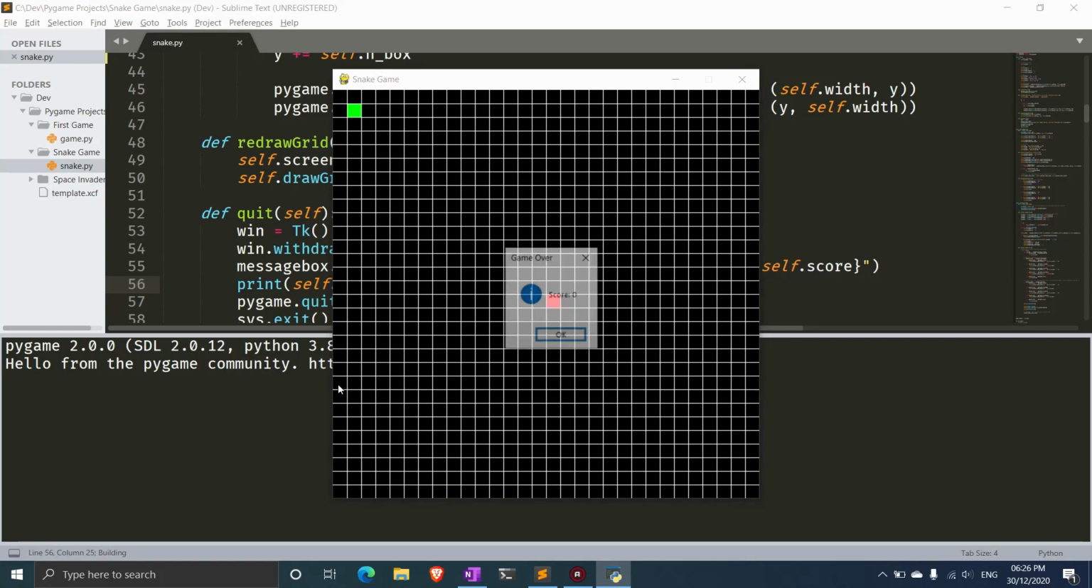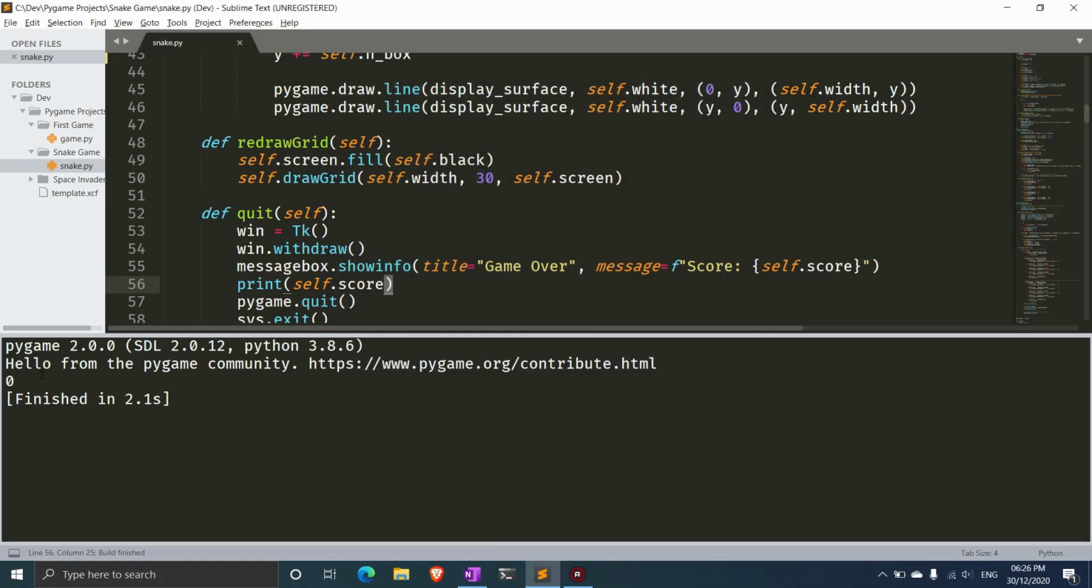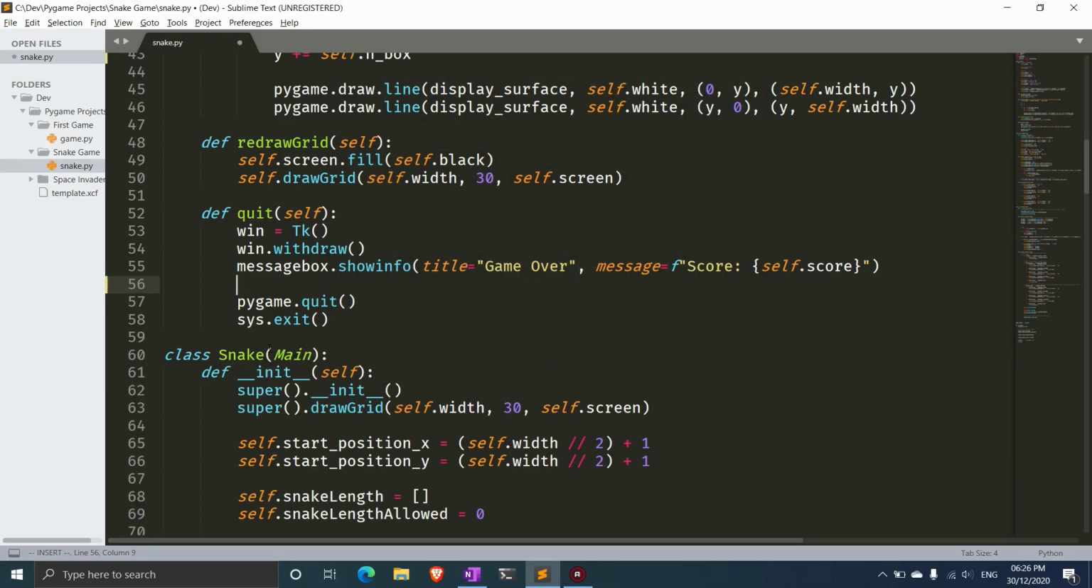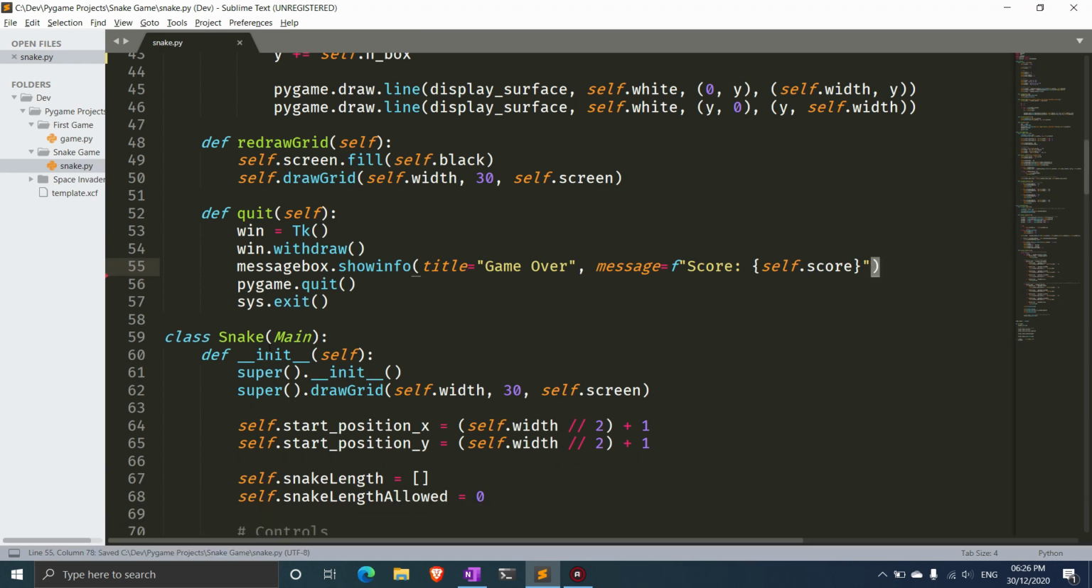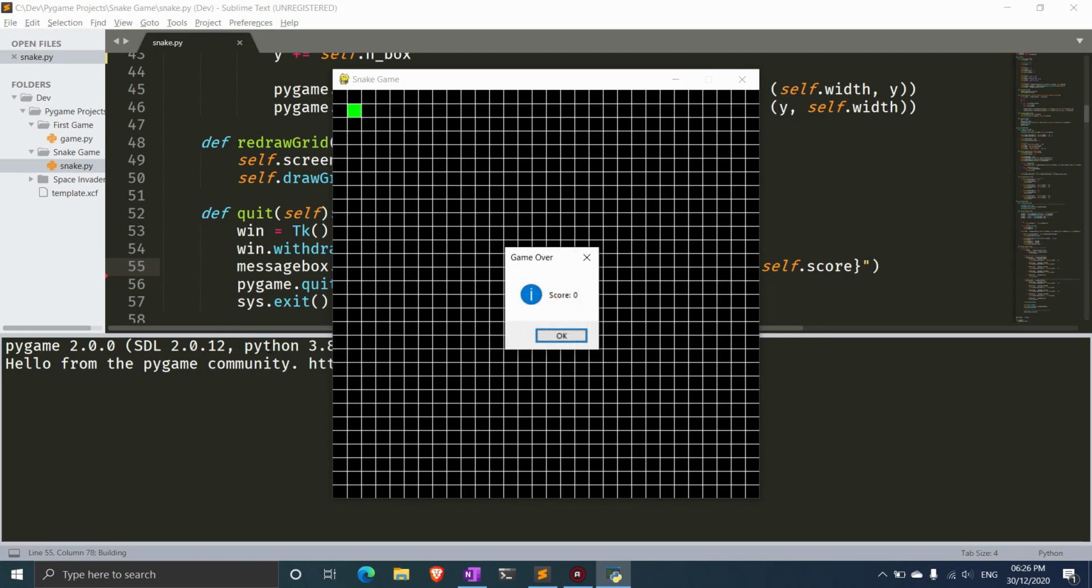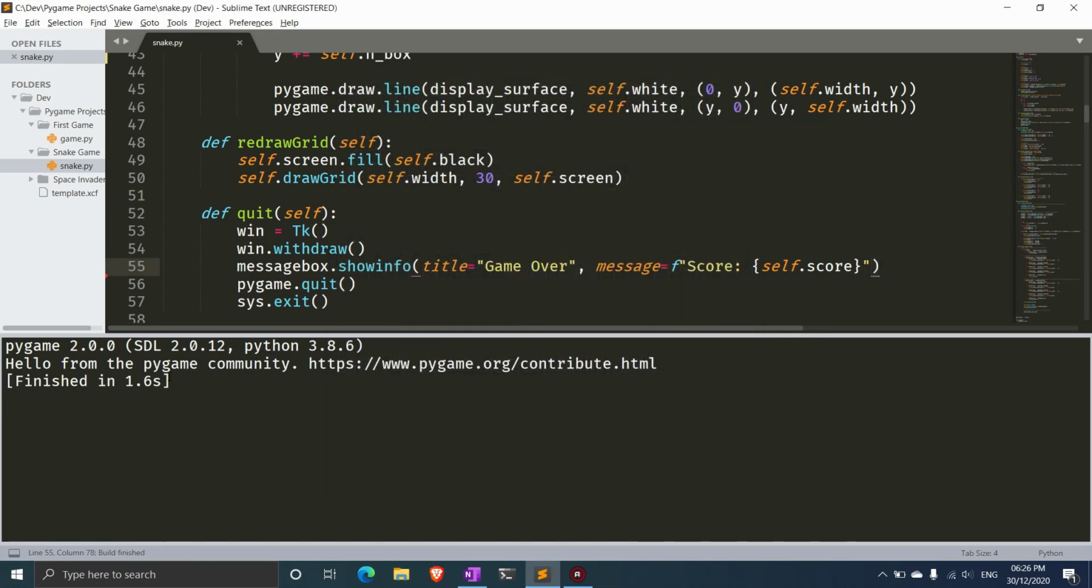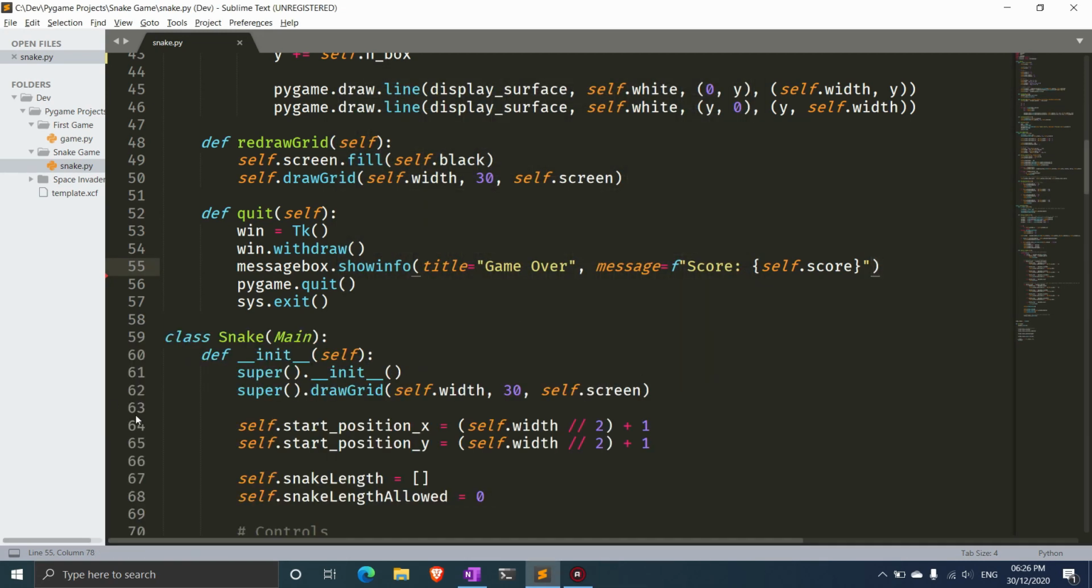And then you don't actually have to have this line here. This essentially prints out the score in the console right here. I just thought it was a cool feature. This makes it a bit easier if you guys wanted that feature, but you can take that line out, so it won't print out the score on the console. Then we have pygame.quit, which will essentially stop Pygame and uninitialize all the modules,